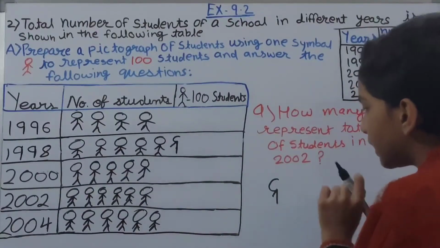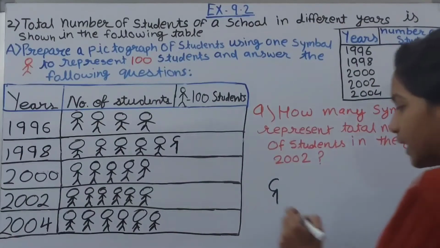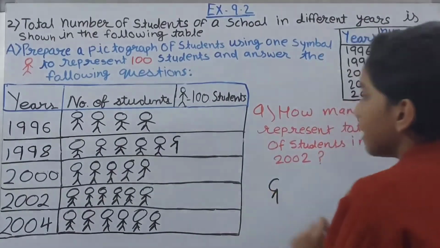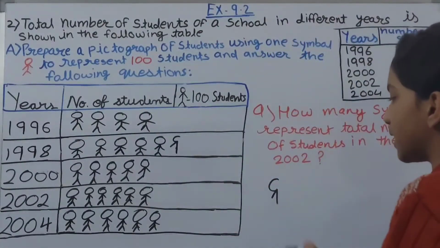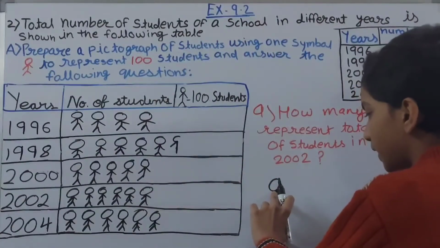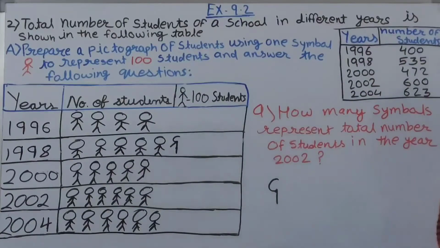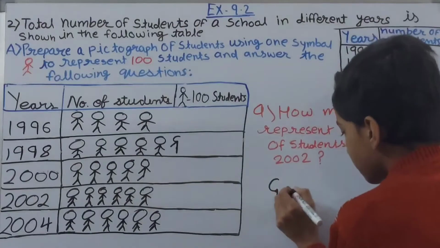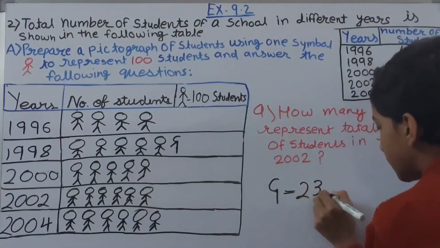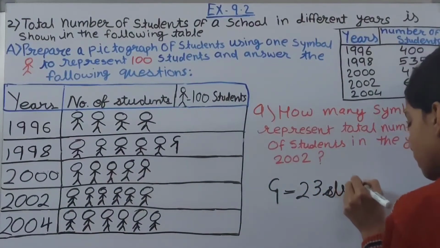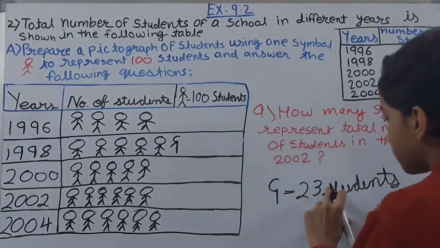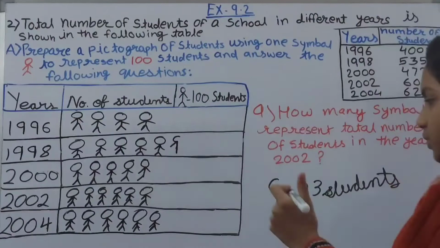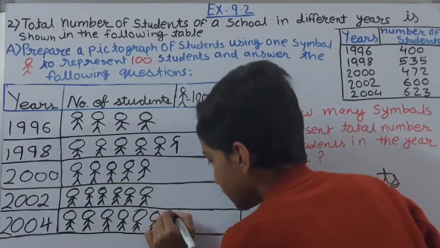Now this would not be correct because in the previous one over here we have made the same symbol. So to change this, we can remove the one hand which is left. So this is the symbol that will be representing 23 students. So 23 students over here. So let's make the last symbol over here